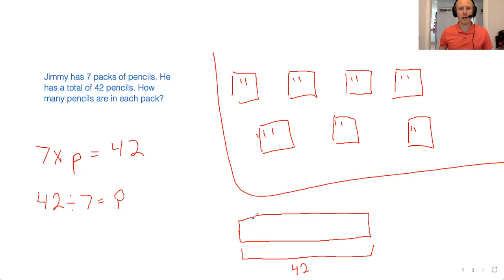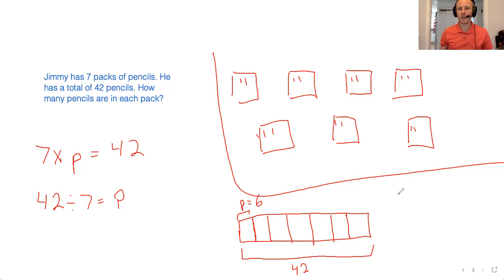We know that there are 7 packs, so each unit here, each box is going to be a pack. 1, 2, 3, 4, 5, 6, and 7. And then we need to figure out what that is. That's P. We need to figure out what the size of P is. We could count by sevens and see how many times we had to do that. So 7, 14, 21, 28, 35, 42. I counted by 7 6 times. So P must equal